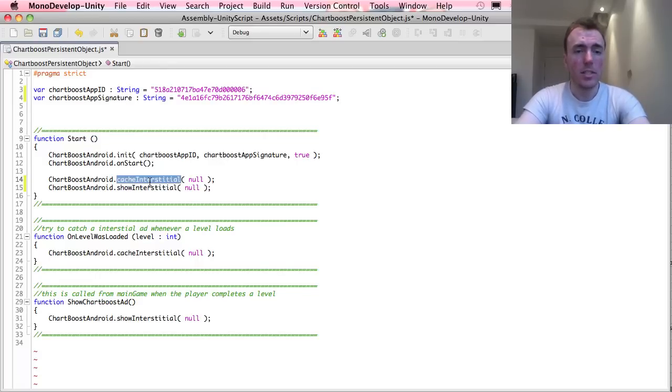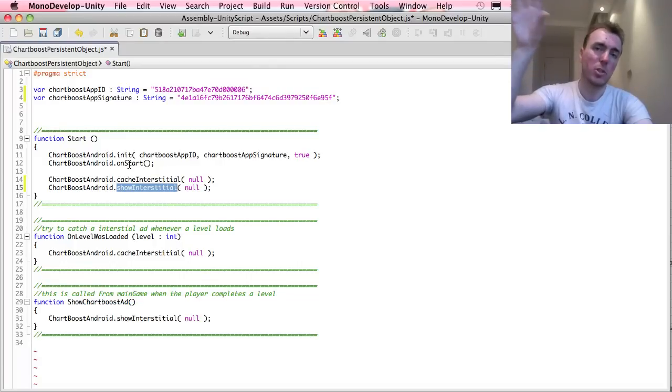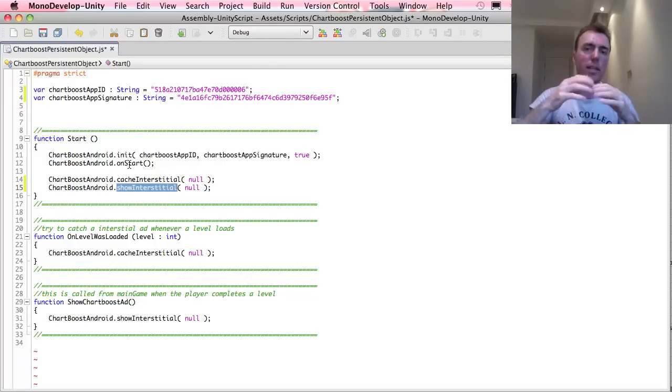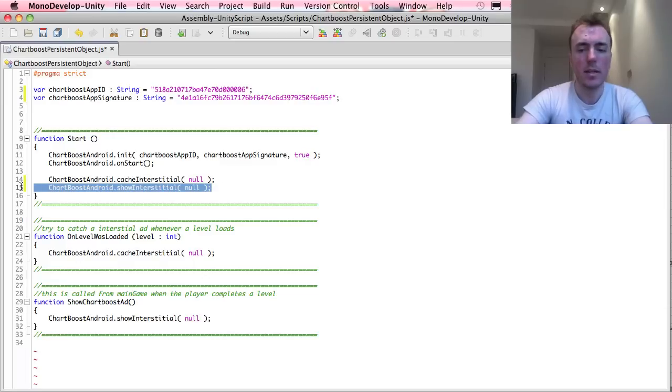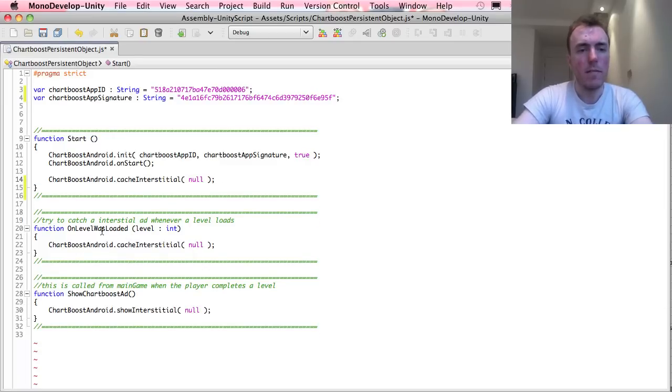Now, cache interstitial needs to download the ad from Chartboost first before it can show. So even if you do this code, you might want to delay this show interstitial till a little bit later, because it needs time to download from Chartboost, get the information into your device, and then show it to the user, okay? So what I do here, I'll just delete that out, is every time that a level